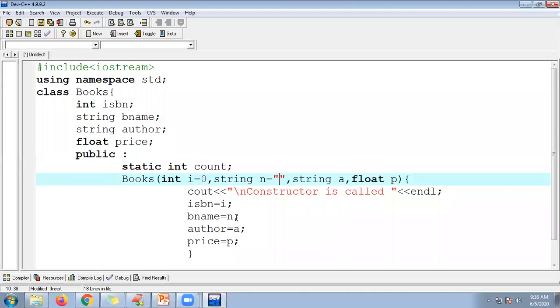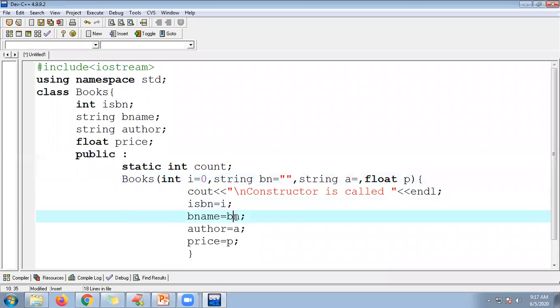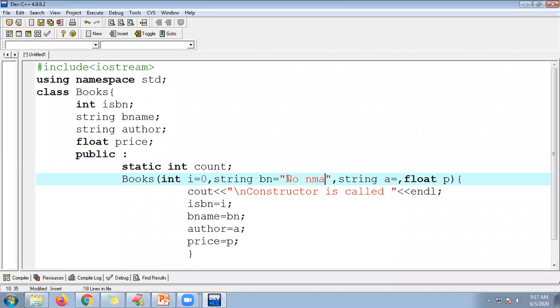So here let me pass no name, no author initially, and here A, author name. Sorry, here no author, string name. It's a book name, right? So here let me add BN to avoid confusion, book name, and no name.